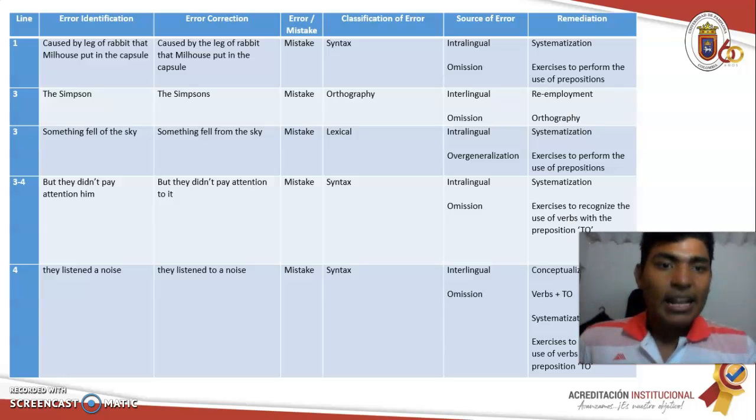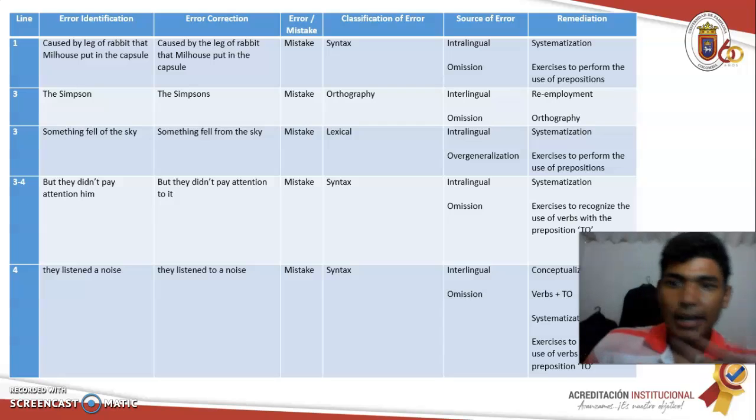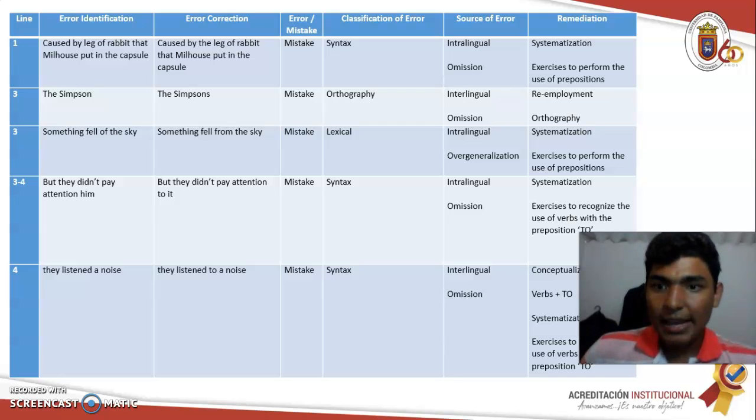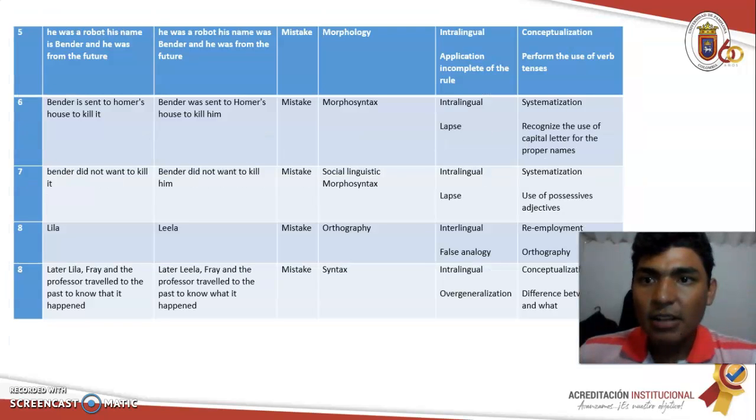Related to the lexical, the student didn't know or didn't take into account the difference between "of" and "from". What is the difference between each of them? Related to the morphology, let's move on and talk about